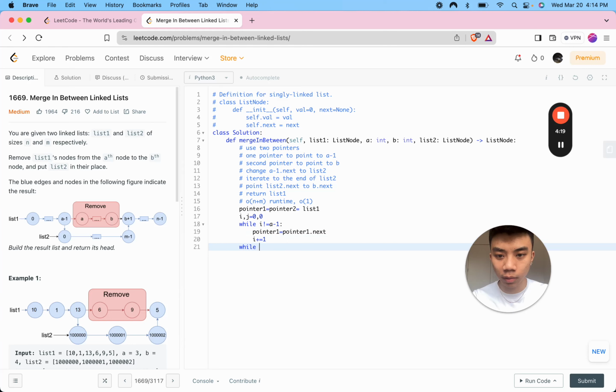And the same thing with our second pointer. So while J is not equal to B, then we will iterate J. So now we have the A minus 1 and B pointers done. We want to change A minus 1 dot next to list 2. So pointer 1 dot next equals list 2,